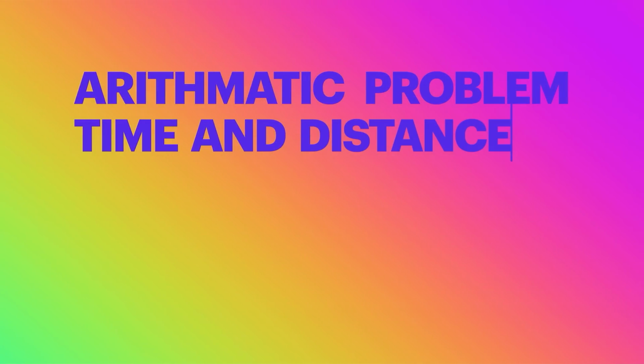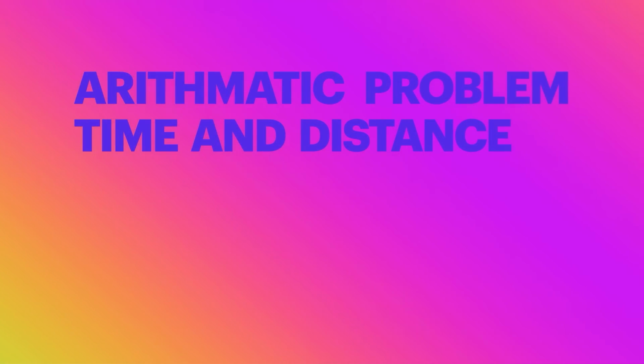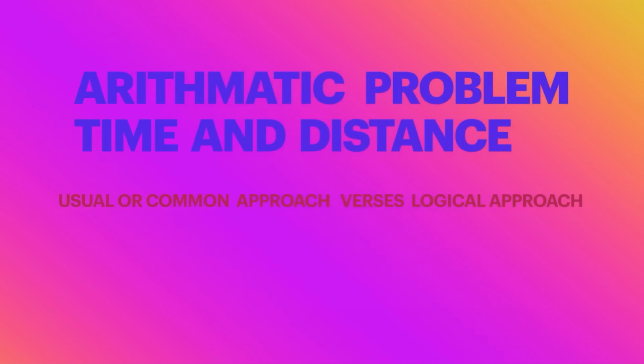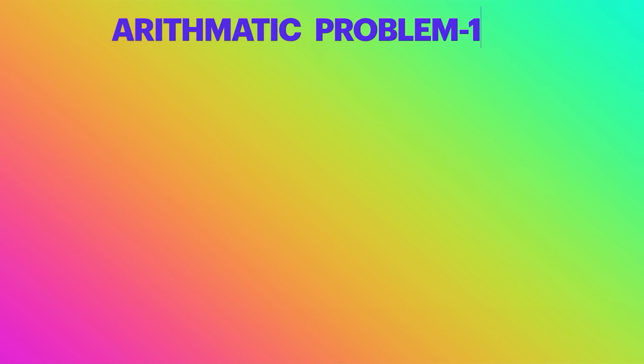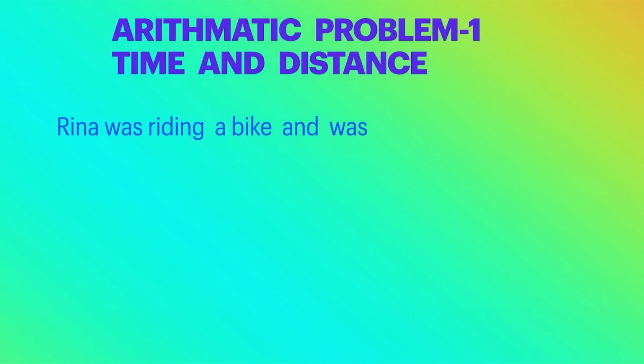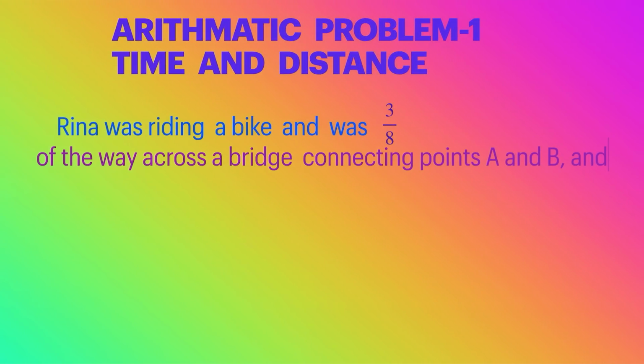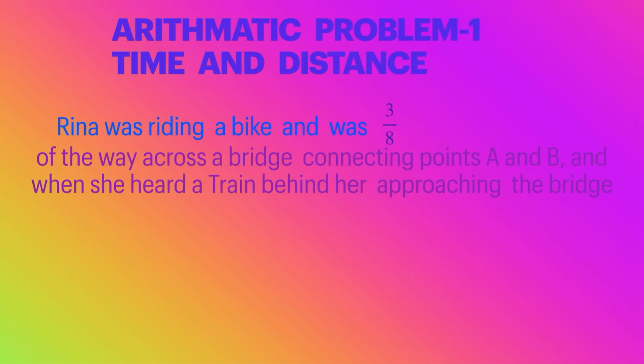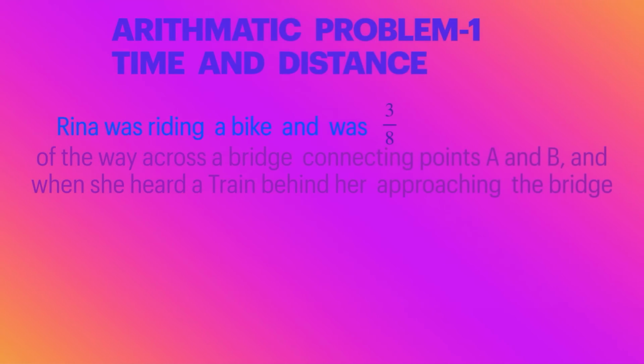Let us start with the first problem. The first problem is on time and distance. Arithmetic problem, problem 1. Rina was riding a bike and was 3/8 of the way across a bridge connecting points A and B,